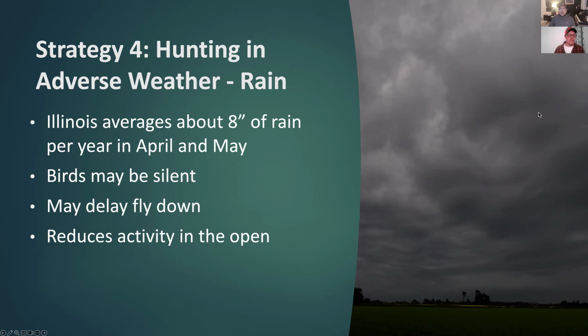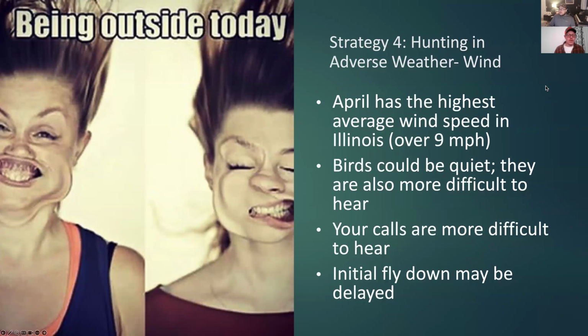Anything to add on hunting in the rain, Curtis? No, I've seen them up there a solid hour after sunup though. So yeah, definitely don't spook them off the roost if you don't hear anything. Because I've done that. I'm like, well, surely they're gone by now, and then I go to leave an hour after sunup, and I spook them off still up there.